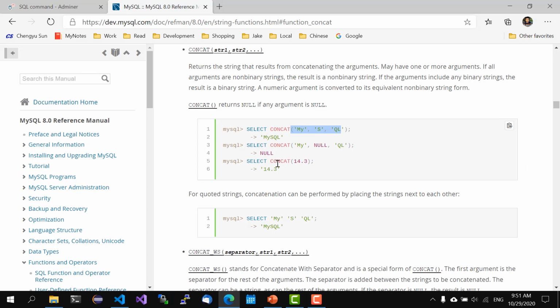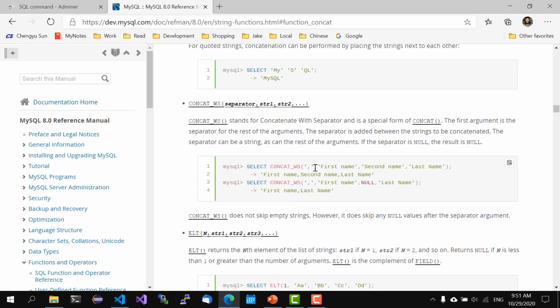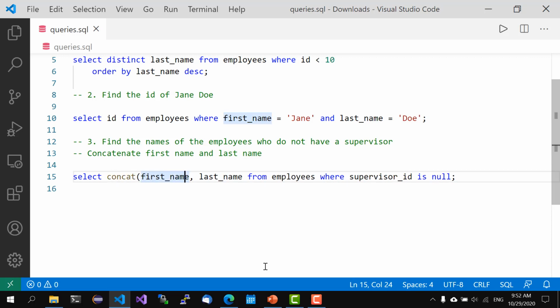Concat will concatenate all the strings together, and the concat with separator will ask for a separator, and then the separator will be the first argument, and then you specify the strings you want to concatenate. Okay, so in our case, we probably just need the concat. So we'll say select concat and first name, and then we add a space between, and then last name. So if we do this,